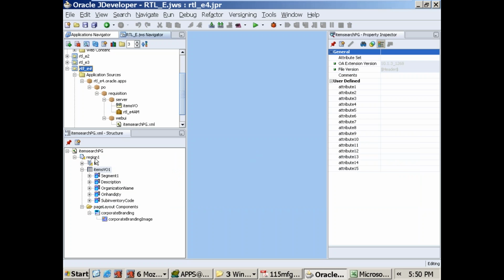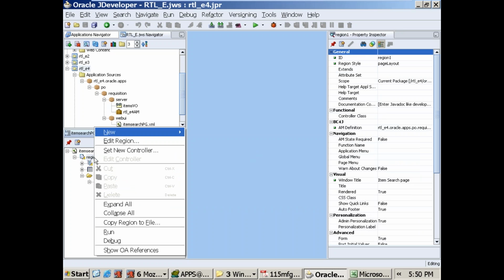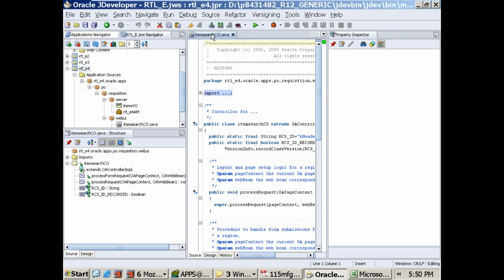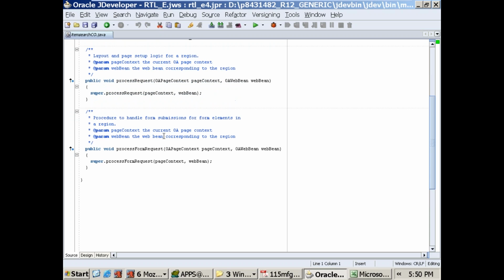As usual, we'll go to region, right click, set new controller, item search CO, double click. Now we don't go for this method. Now we are going for this method, process form request. First you have to get AM and VO, that is comp. OA application module, import this package, alt enter,